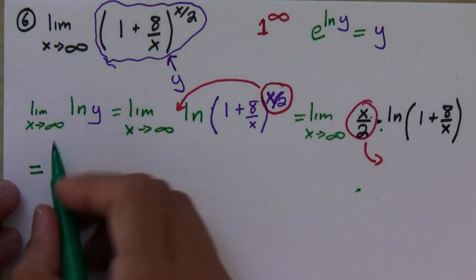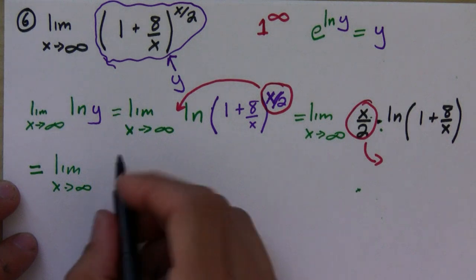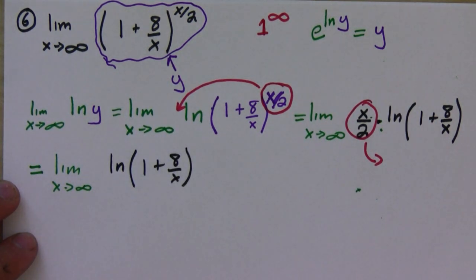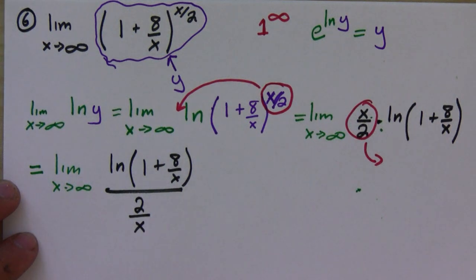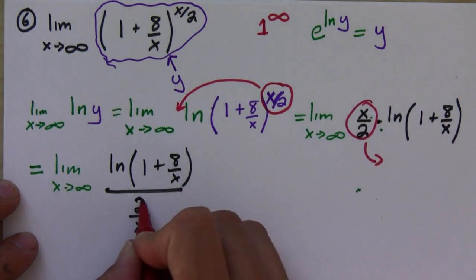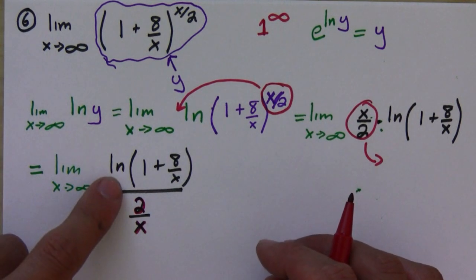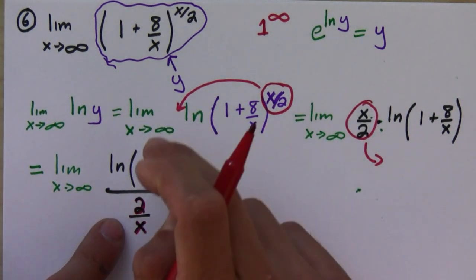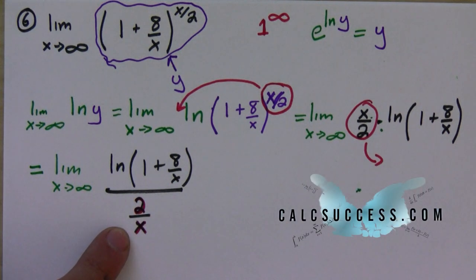So this would equal the limit as x approaches infinity of natural log of 1 plus 8 over x over 2 over x. That's the factor that I brought down, and it comes down as the reciprocal. If I invert and multiply by this guy, I would go back to the original. This is the little trick that I use, because now I have 0 over 0, since the denominator is also approaching 0, this allows me to use